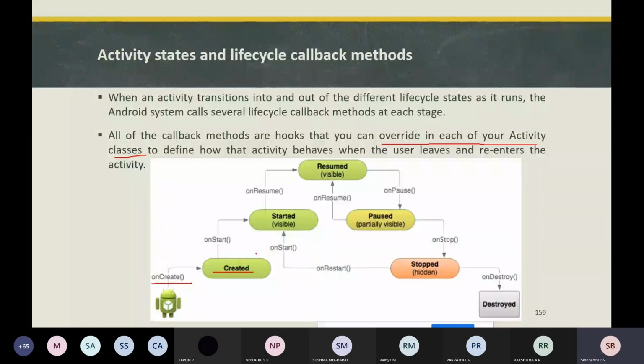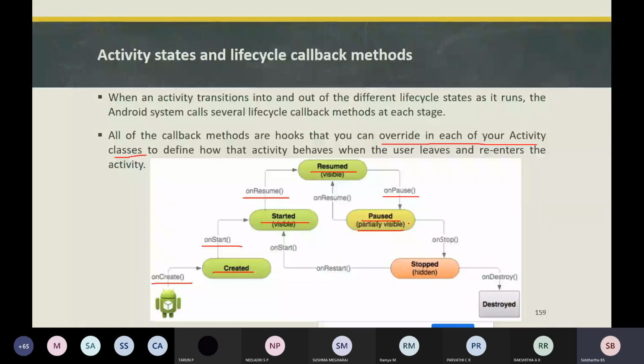Again, it will call the onStart callback method and be in a started state, where it is visible but not able to interact with the user. Once it calls the onResume callback method, it will be in a resumed state where the user can interact with it. Once the user wishes to move to another activity or another application, it calls the onPause method, and that activity will be in a paused state and partially visible.